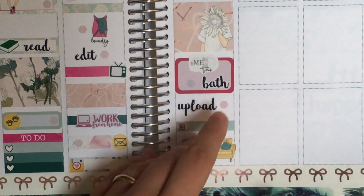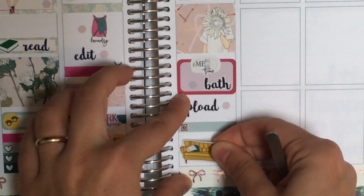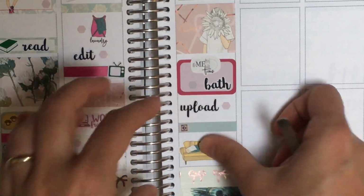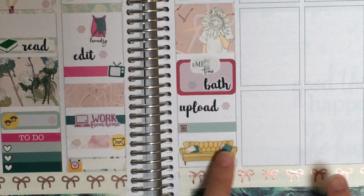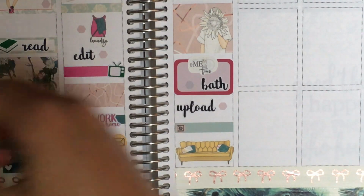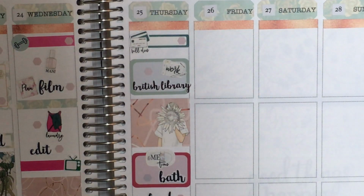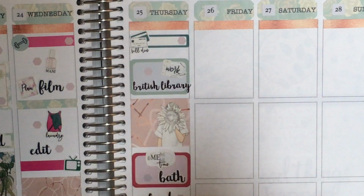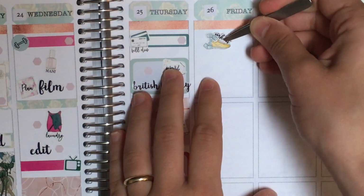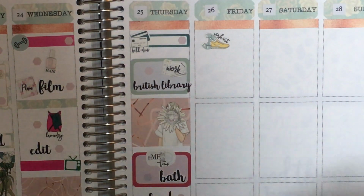And I don't really think I'm gonna have much else to do on Thursday because I intend to spend a pretty hefty chunk of time in the library. So yeah, that's that. And then on Friday, I have the workout again. So I'm going to mark that in the same way as Monday with just this functional deco. And then